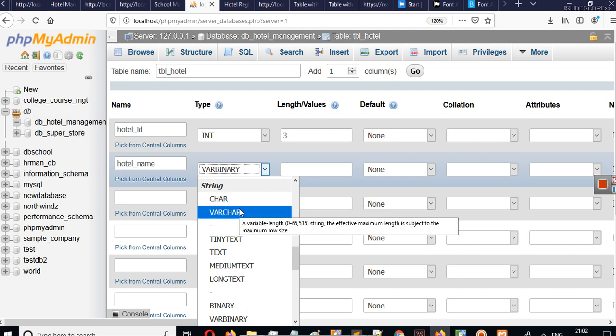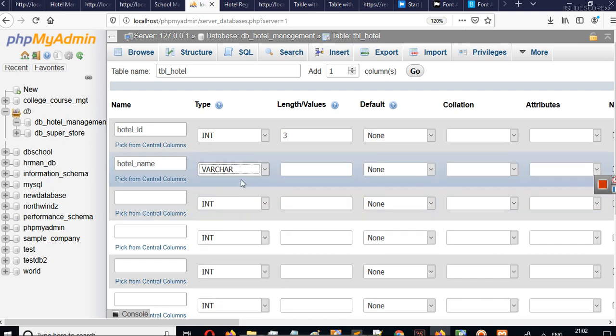Varchar means values which will have variable characters, so we'll select varchar here. In char, suppose in your government ID there can be alphabets and numbers. So alphabets and numbers will make it alphanumeric, and hence the type of data will become string data type. But every person from that country will have a fixed number of characters for that government ID. For example, for a PAN number, suppose there are 10 characters. So for every citizen, that will be 10 characters only. So in that case we can use char.